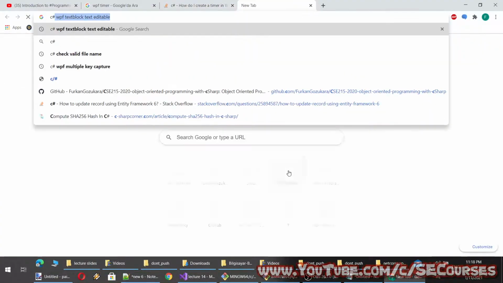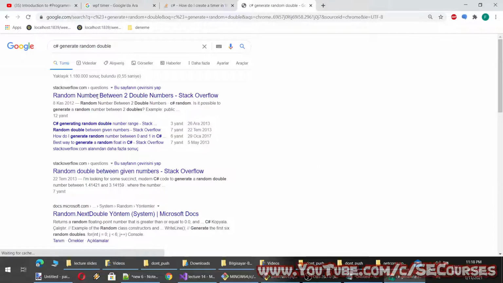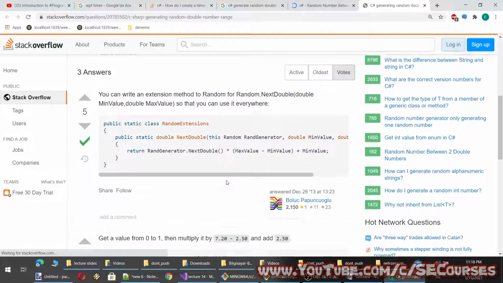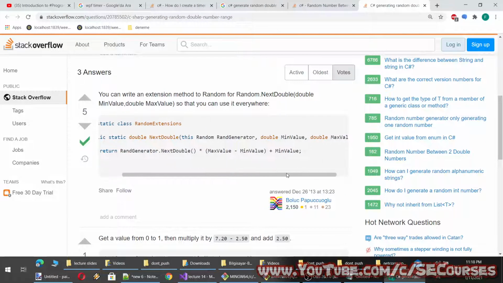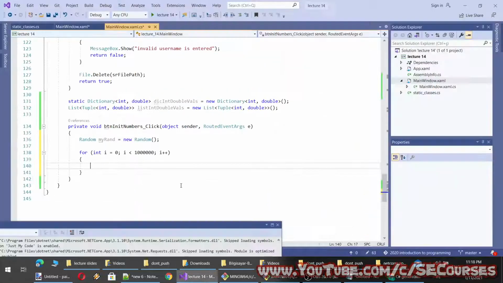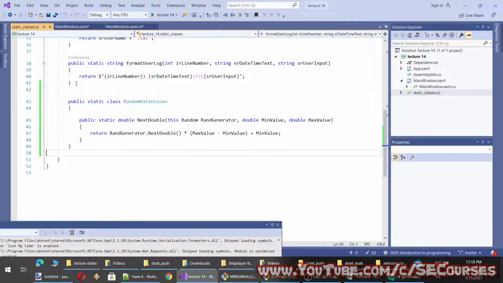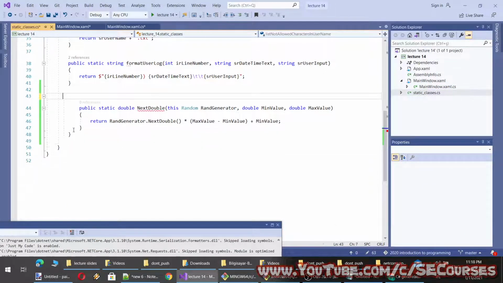Okay, and C# generate random double. I don't know if this is possible. Okay, so someone has already written an extension for random generator. I will just copy and paste it for double numbers, and I don't even need this.